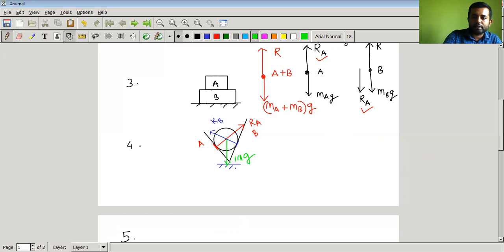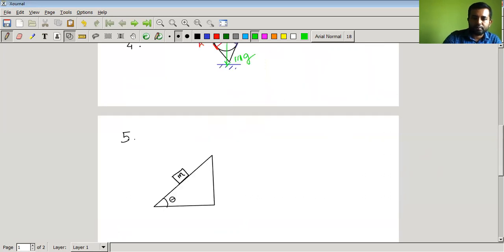Now, the last example we are going to discuss is a block resting on an inclined plane. Here, let us say that there is friction, and the block is at rest. So let us just consider friction. To make life easier on an inclined plane, it's better to consider this direction to be our axis, so let us study along this. This is our x-axis and this is our y-axis.